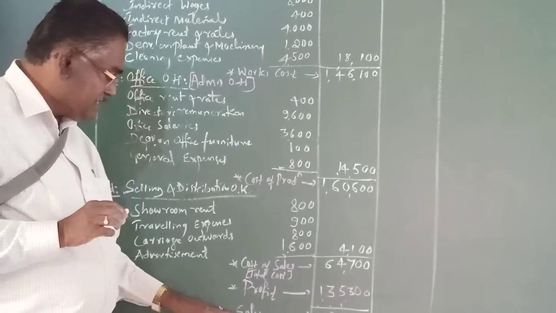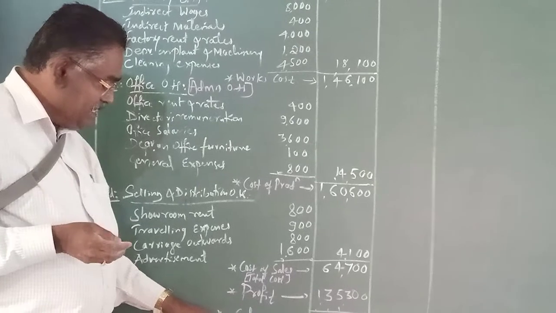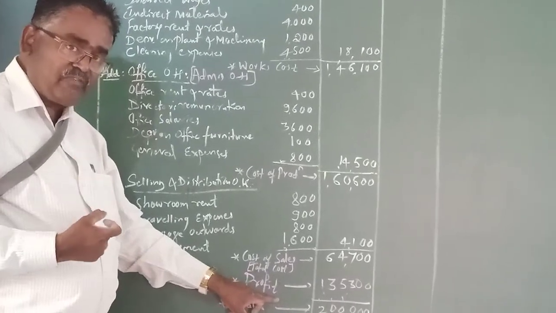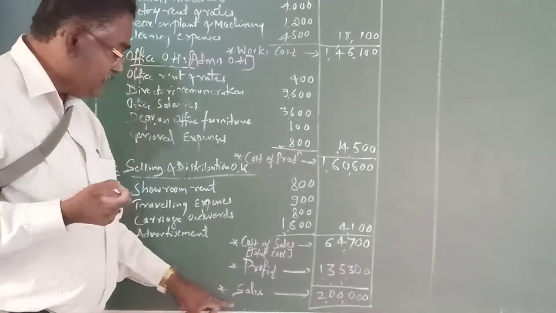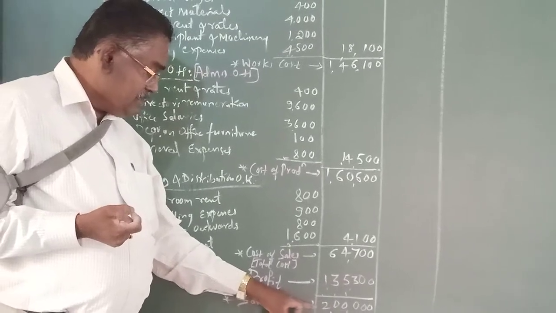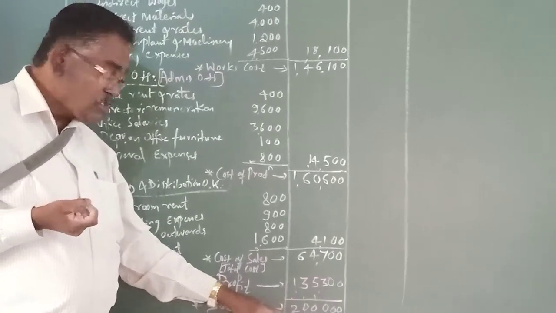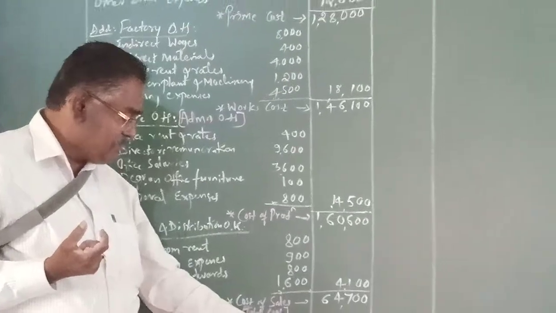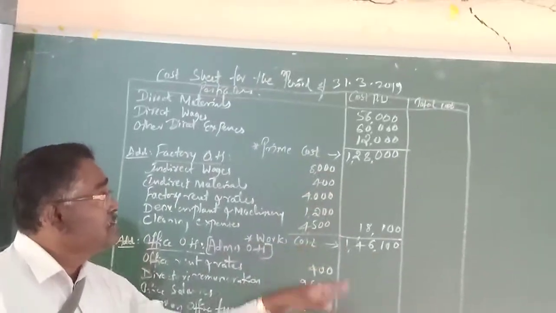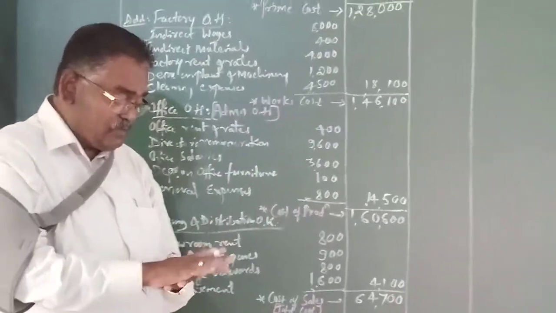Sales amount divided by number of units gives the sales price per unit. Likewise, whatever it is, in this case the problem is given